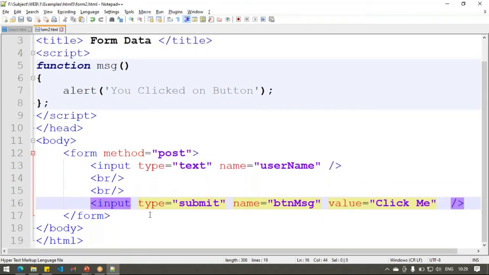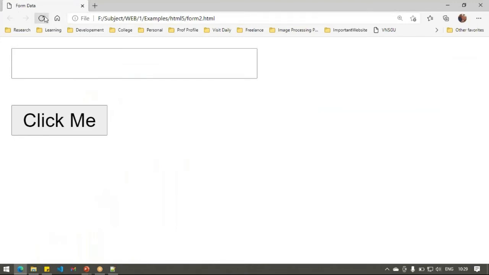So type is equal to submit, button name message, value click me. Now let's just refresh this, and when I click on this, you can see here at the corner of this side that it is submitting the data.